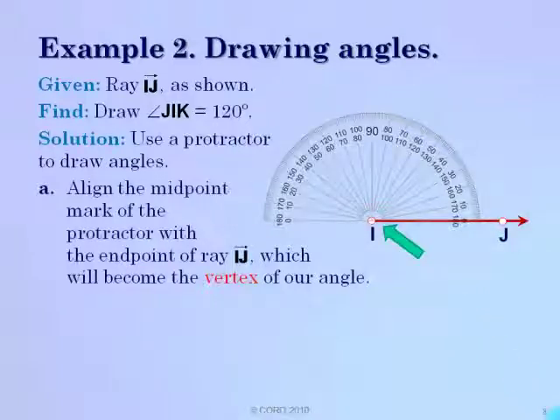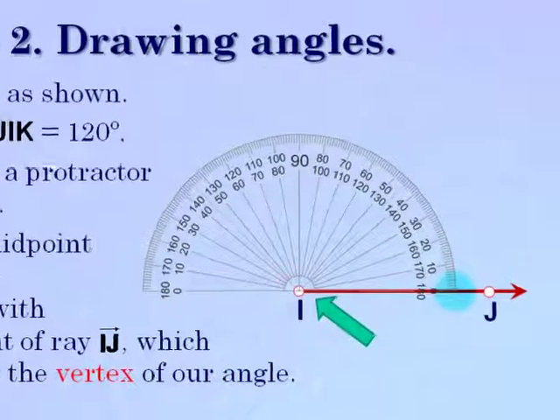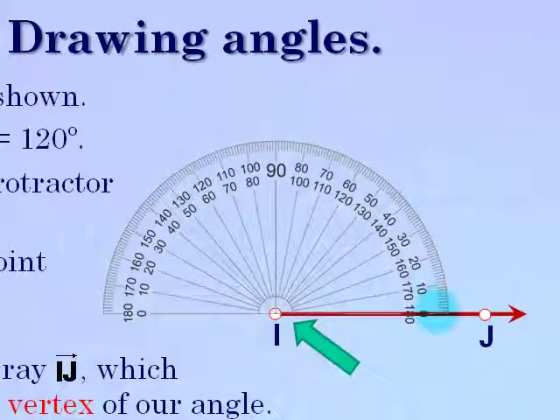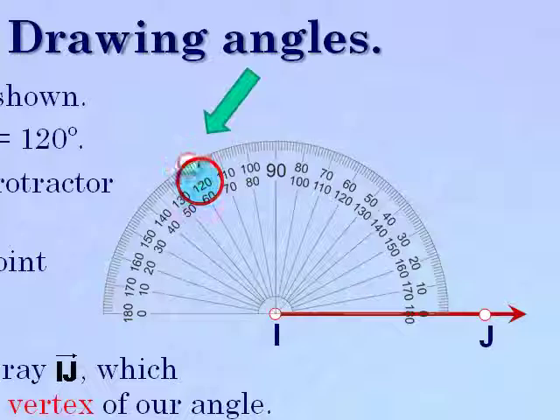So again, we'll align the midpoint just like before and line up the line right on the 0 degree line here. So now if we wanted to draw a 10 degree angle, we would have the line coming off here. If we wanted to draw a 60 degree angle, the line would come up this way. What we need is a 120 degree angle. So we need to come all the way over to 120 and put that dot right there and label that